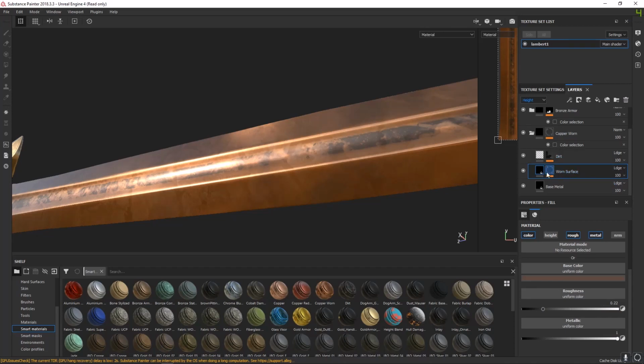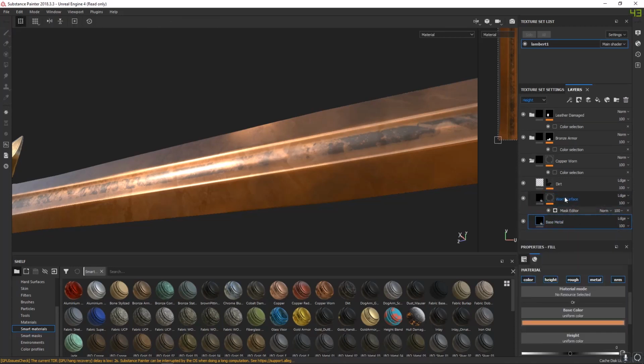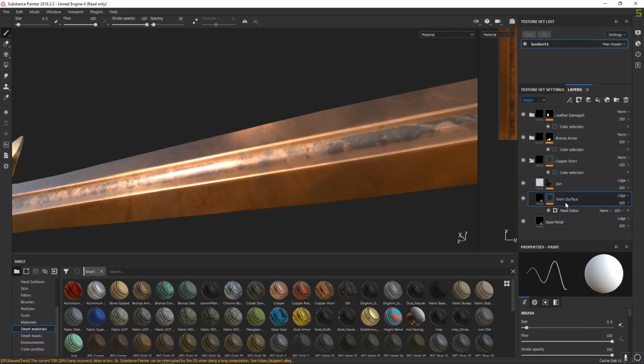So back over here, where the worn surface is, this mask isn't really displaying. Sometimes you have to just left click on the mask. And is it going to load? No, it's not. Okay, sometimes it just won't happen. See, that's also doing it with the copper worn. See right here with the dirt, you can actually see the mask it's generated. This one isn't showing it. But we'll click on the